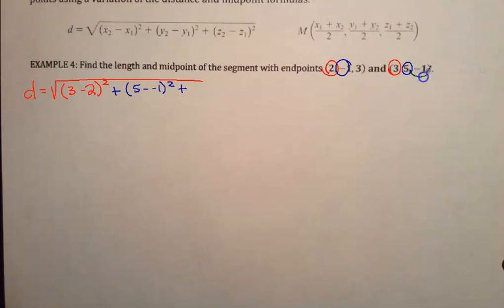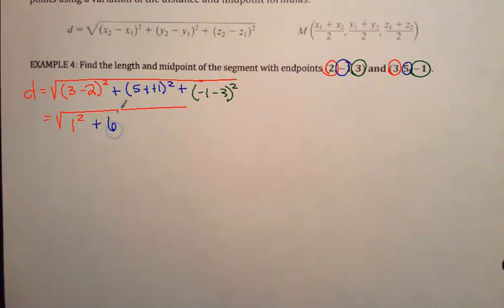now I'm ready for my z's. -1 and 3. -1 minus 3 squared. Okay, so the key is we have to keep the same order. So we did 3 minus 2, 5 minus -1, -1 minus 3. They always have to stay the same order in order for our formula to be correct. So this is going to equal the square root of 3 minus 2 is 1 squared, plus 5 minus -1, we'll change that to plus a positive, so that's 6 squared,